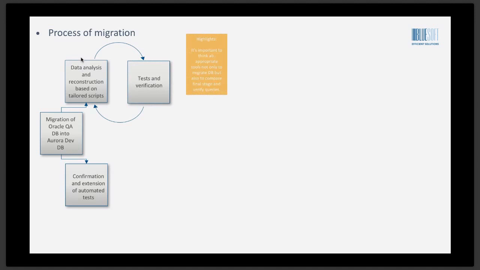Of course, verification of the output is quite a complex thing, and it can't be done in one iteration. So you do it a few times, improving the migration procedure, to have everything secured for the first end-to-end verification,